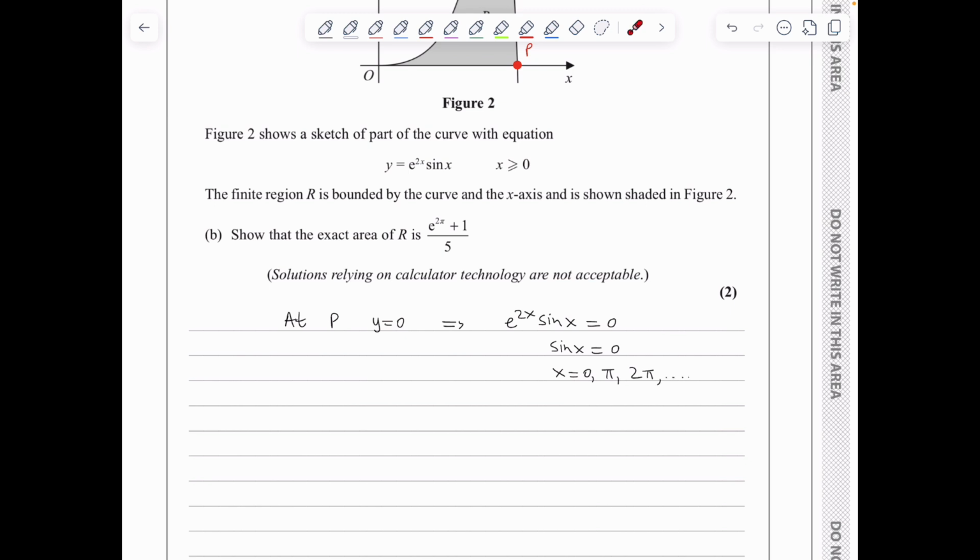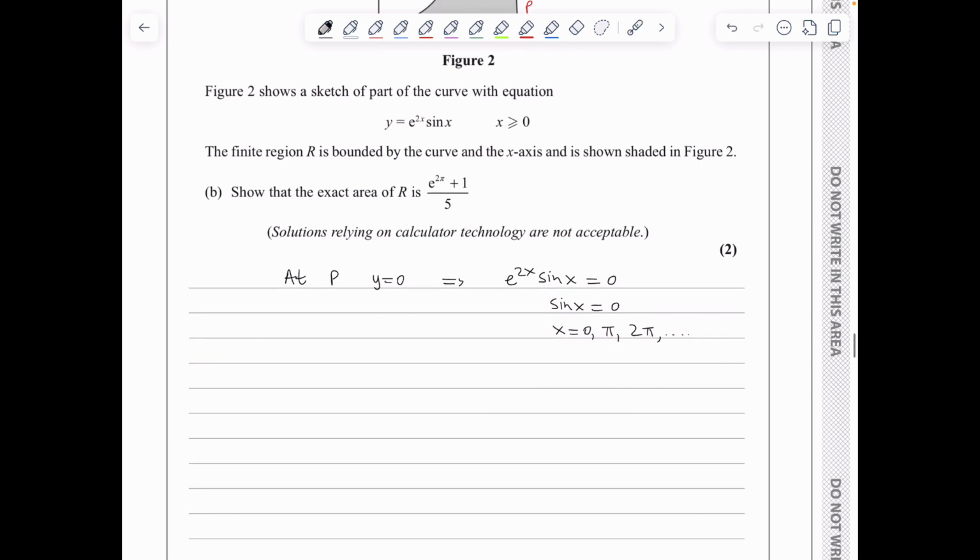We can see the first cut on the x-axis here at 0, so P corresponds to the second solution. So we know that point P has coordinates pi, 0, and therefore the area of the region R is given by the integral from 0 up to pi of e to the 2x sine x dx. The integral we just found in part A, which was